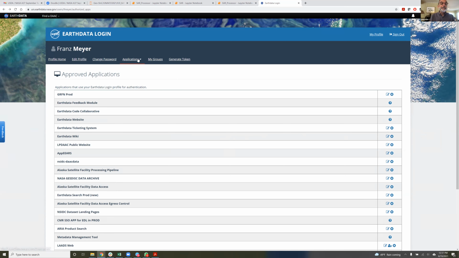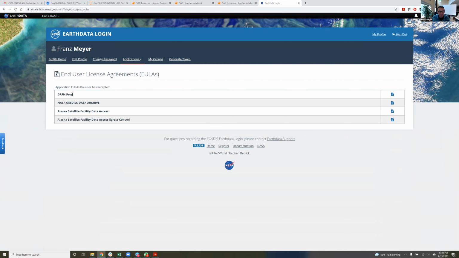I see. So the ones that I have authorized: Griffin, which gives me access to all of the Griffin data and all of the related files. This one gives you access to atmospheric correction files. So if you wanted to do time series analysis, InSAR time series analysis, including model-based atmospheric correction, this gives you access to some of these data sets.